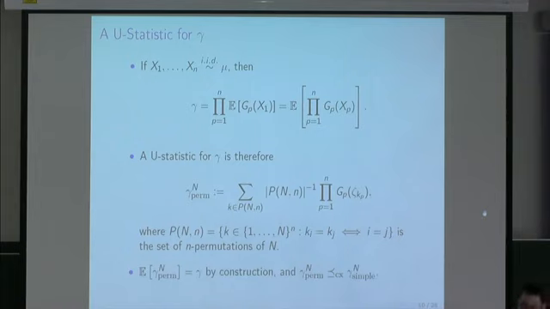So a U statistic of order little n for this quite simple expectation is to look at this expression. It's an average over all little n permutations of capital N of the product of GP zeta kp. Basically, you look at all possible distinct assignments of integers from 1 to capital N. You take little n of them, and you take a product of the associated GP of zeta, those indexed random variables. Okay. So by construction, it's a U statistic.